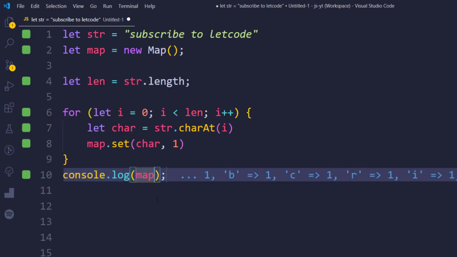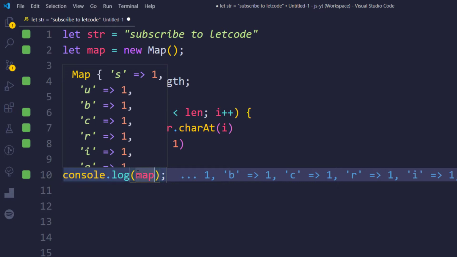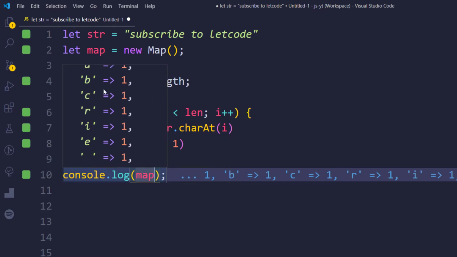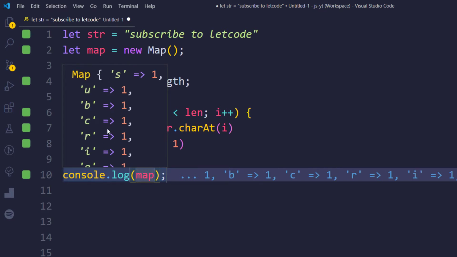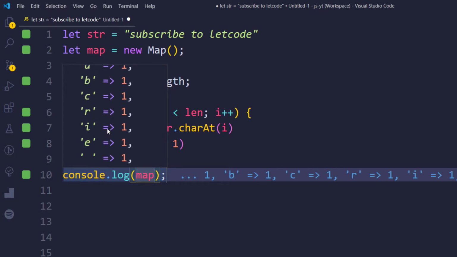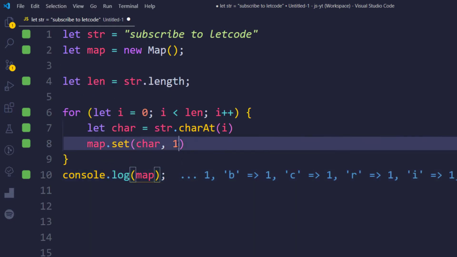And here we can see that we are not able to see properly. So yeah, here we can see that s is 1, u is 1 and b is 1, and of course we are getting all the characters but only the unique characters. Non-repeated characters are not available now. This is how our output should look like, correct? But the problem here is we have to set this value